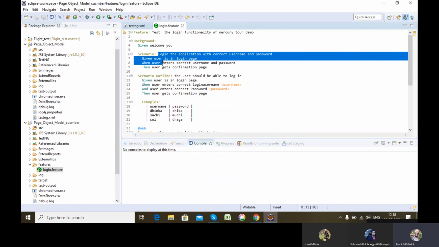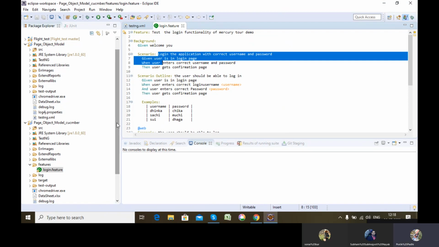And Cucumber is a BDD, meaning behavior driven development framework. So it creates a channel through which the developer and the client can understand each other. In TestNG it was not the case.